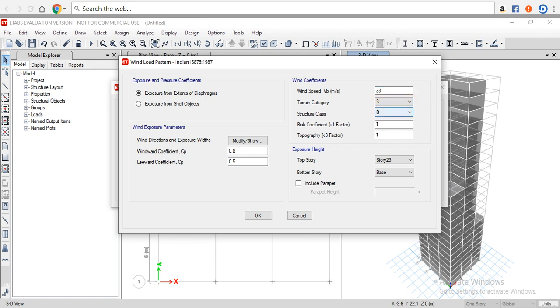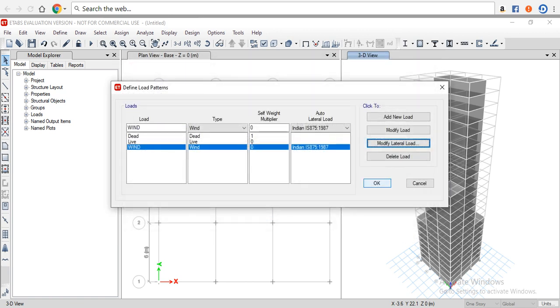Structure class, for the structures greater than 50 meters, the structure class is C, and the coefficient and topography factors are 1. For Bangalore, upwind slope is 3 degrees, the topography selected as 1, then click on OK, then click on OK,